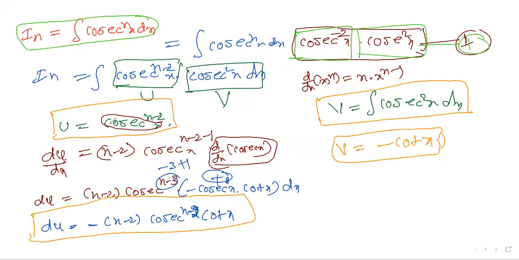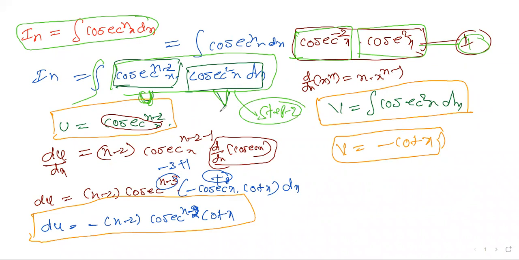After step number 1, step number 2: you have to take the entire expression and start integrating. This looks like we need to do integration by parts, the UV conversion. This is step number 2. You already know the UV things: u is equal to this, and the rest goes to v. And du is equal to cosecant power n minus 2 x, so automatically, by the power rule, n minus 2 into cosecant power n minus 3 x.